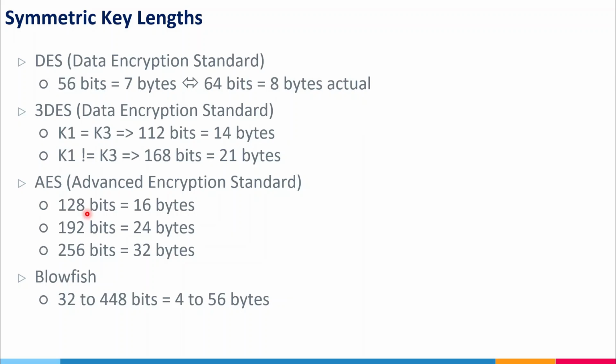It requires a high amount of CPU to do that. So it's always good to have a higher key length, which leads to a higher key space, which leads to stronger encryption, but it becomes resource or CPU intensive. Similarly, Blowfish ranges from 32 to 448. So you can have any key length ranging from 32 to 448. But in case of AES, it should be only among these 3. So that's about the key lengths of the popular